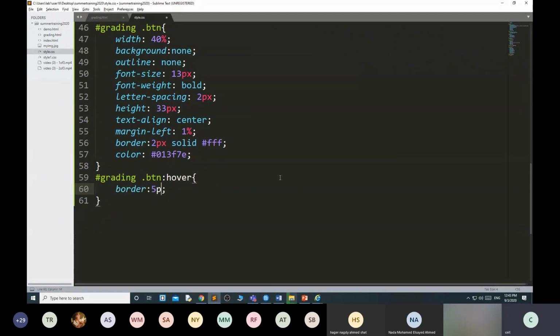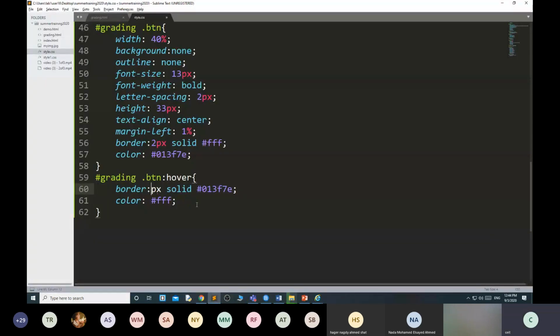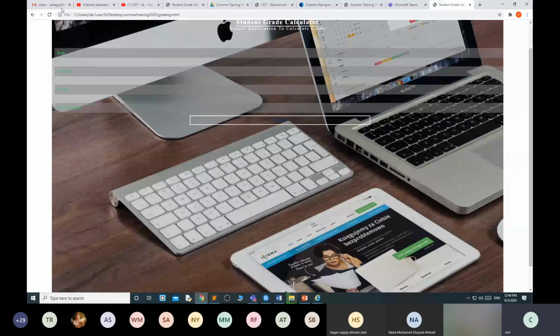Suppose, to see the effect, I am using 5 pixel solid and this color. I want the border color to be this one and the text color to be white. Okay, see, once I move my mouse, the border is 5 pixel and the text color becomes white. Border color blue, text color white. Okay, but I don't want 5 pixel, 1 pixel.